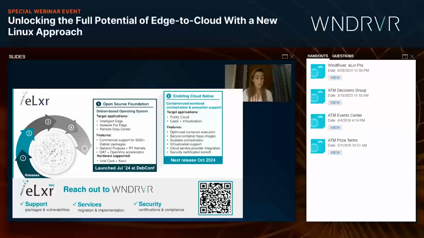The next release will be coming October 4th to help enable some of those cloud native applications, such as optimized container execution, container-based images, allowing for virtualization support on KVM, and then also from a pro perspective, doing some of that security certification kickoff and starting a STIG.